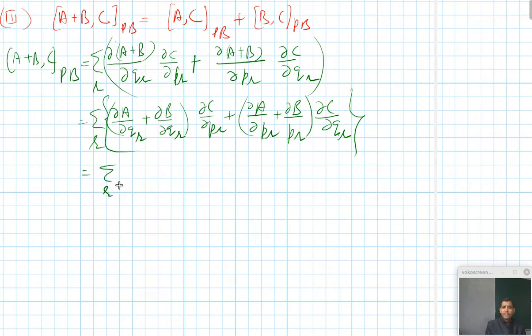Now I can write it as summation over r, ∂A/∂q_r ∂C/∂p_r, multiplied with it, and plus ∂B,